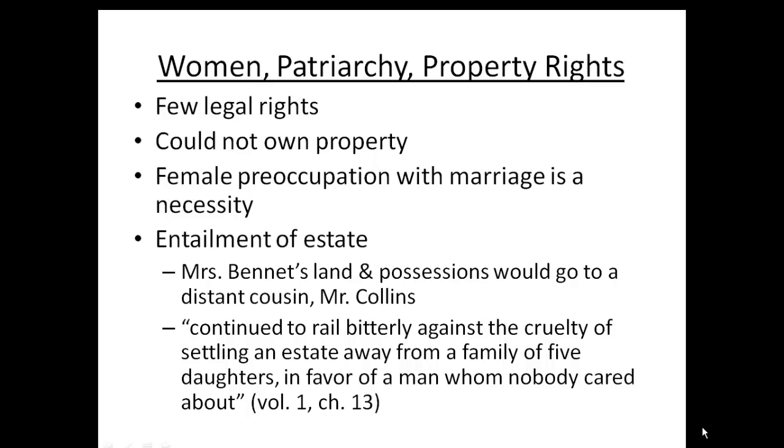In Pride and Prejudice, Mr. Bennet's land and possessions are entailed to his closest male relative. A distant relative, Mr. Bennet's cousin, Mr. Collins, will inherit the family estate after the father's death. Once Mr. Collins inherits the house and land, Mrs. Bennet and her three daughters will be forced to find another home. Presumably, had Mr. Bennet had a son, that son would inherit the house and land.